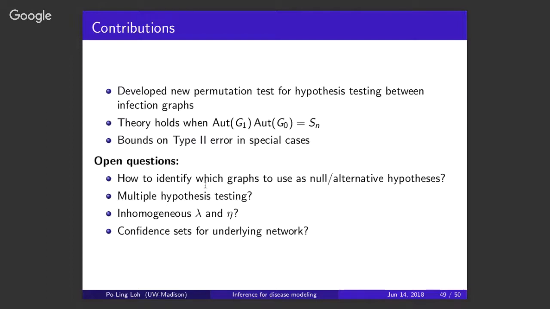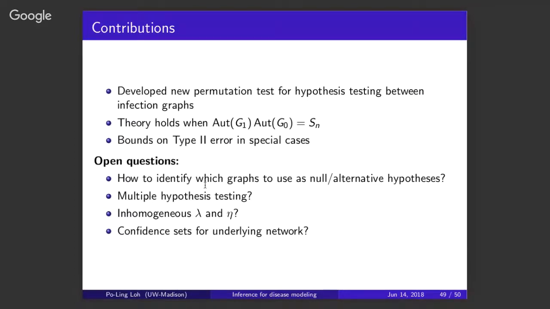Beyond that, even trying to figure out what graphs to use as null or alternative hypotheses in real life might be difficult. You can always imagine looking at a case where the null hypothesis is that it's a complete graph and everyone is symmetric, and the alternative graph is something you might hypothesize based on domain information. Another setting might be where you're looking at something like a gene network, and someone has proposed that the gene network is a certain graph, and you think that one of the edges or a couple of the edges should not be there. Then that could be a null. Right now, we're just trying to fish around for something that seems realistic.